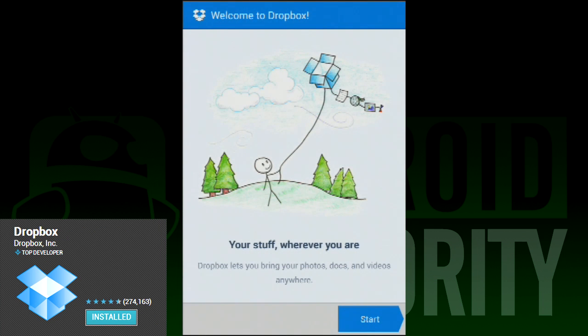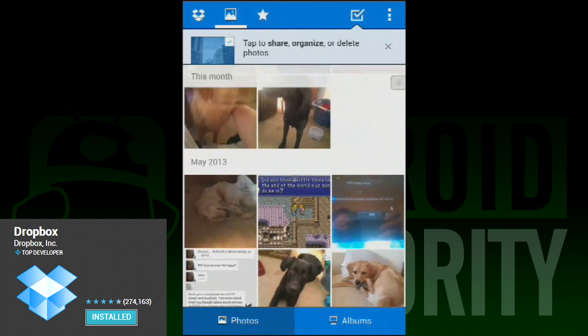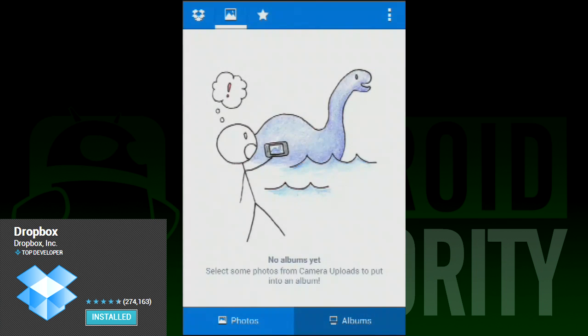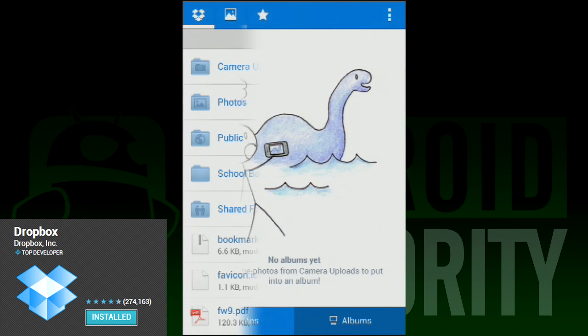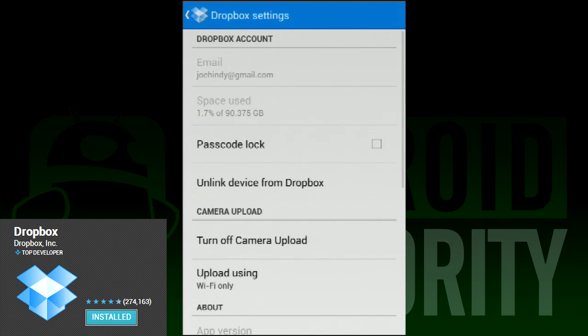Cloud storage is where mobile storage is headed anyway, so it doesn't hurt to already have this set up for when it inevitably happens. Our staff pick for cloud storage was Dropbox. The reason for this is that it's Dropbox and it's already one of the best cloud storage services out there. You can set your device to auto-upload to Dropbox for things like photos, so you're already backed up if something